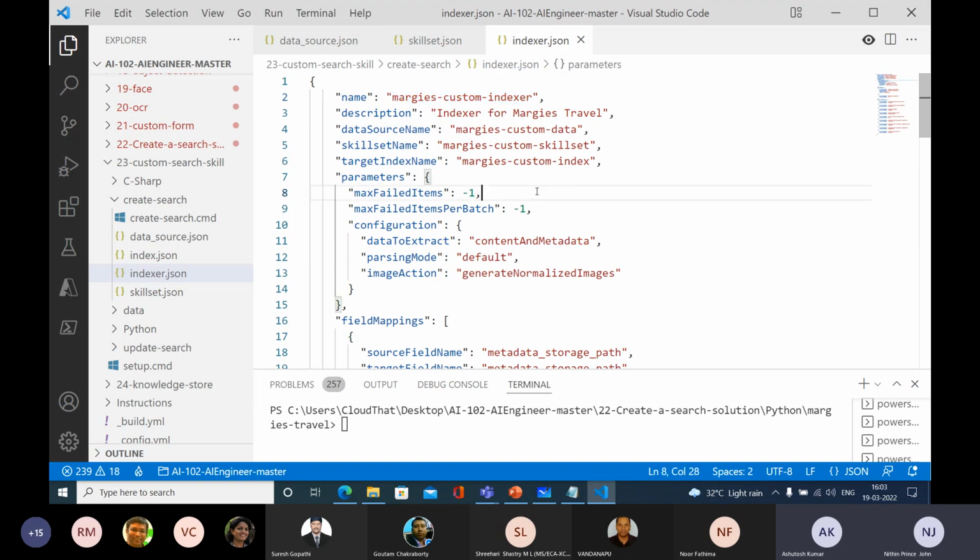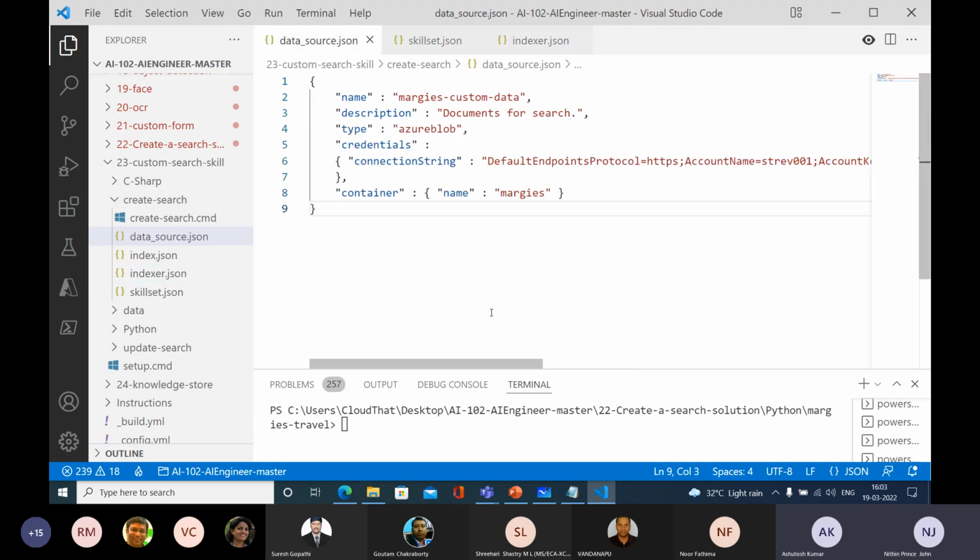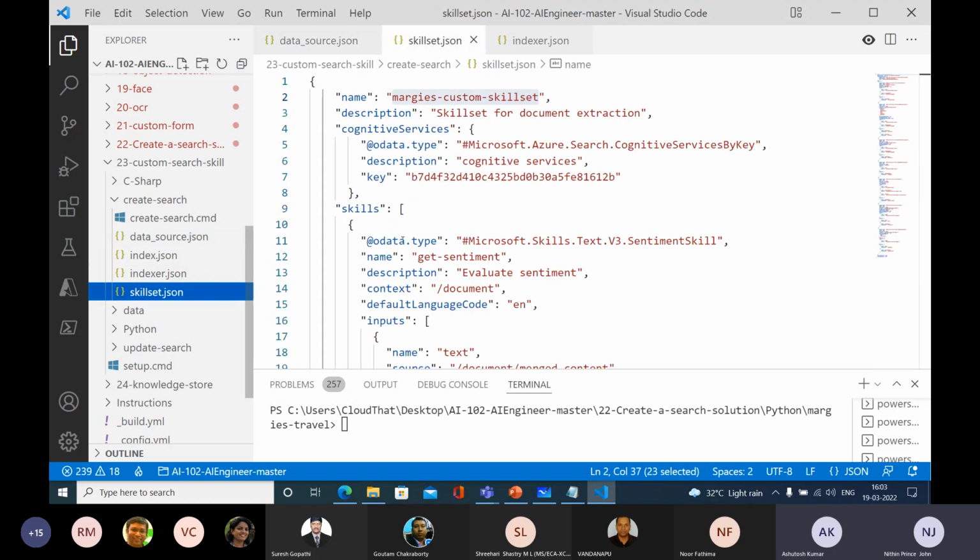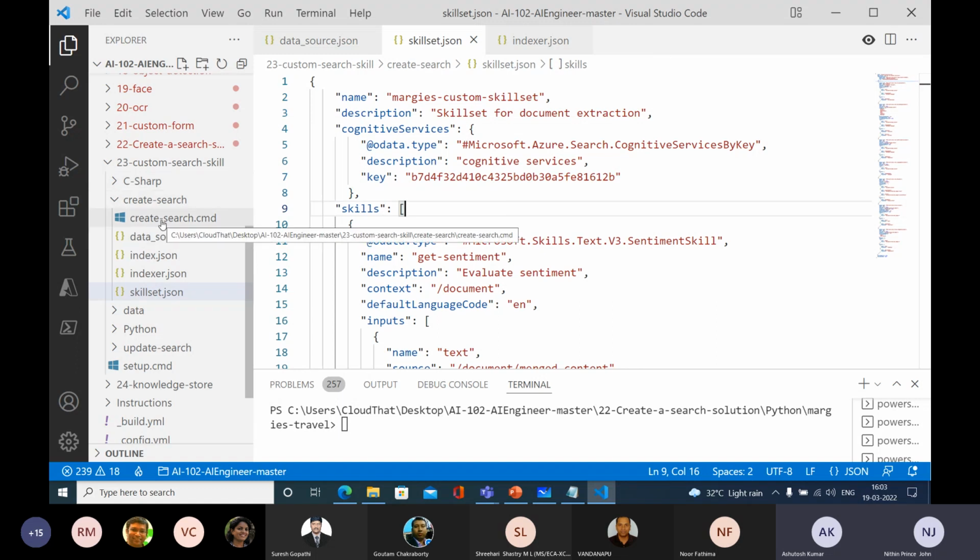So let me save all that information. I have copied the connection string here, and I have copied the cognitive service key inside this skillset.json. So let me save that. And one more thing that we need to do is go and select this create